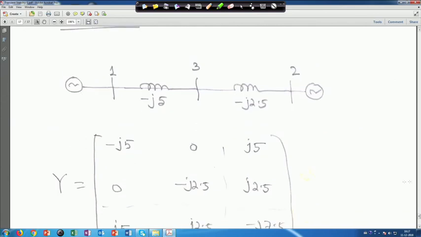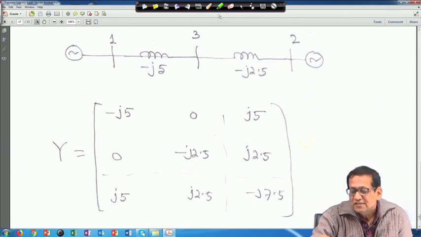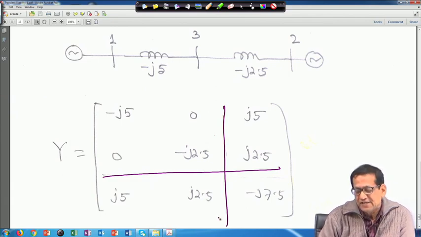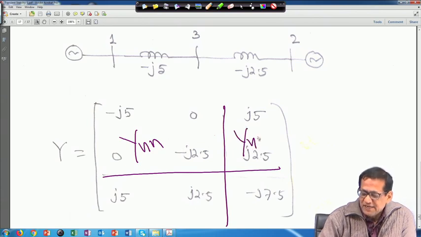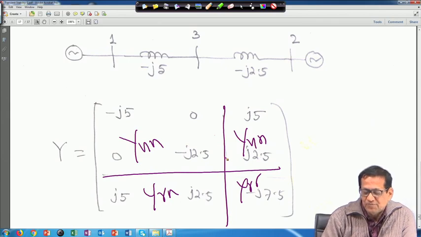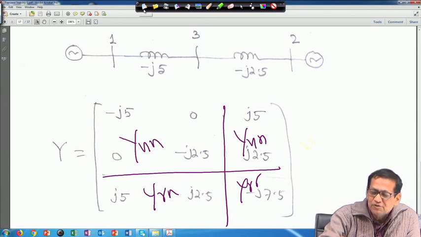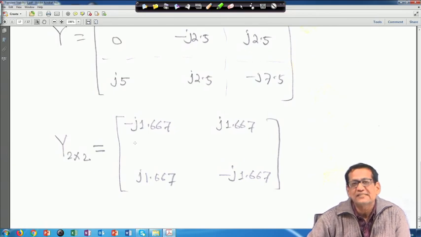So, 1 3 and 1 2 3, and looking at this network you can easily compute the bus admittance matrix, right, and again you will partition because it is a 2 into 2 bus. So, this is your YNN, that is y 2 into 2, this is YNR, this is YRN, and this is YRR, right. Following the same equation, you just go for matrix reduction. So, if we do so, this will be the answer, right.